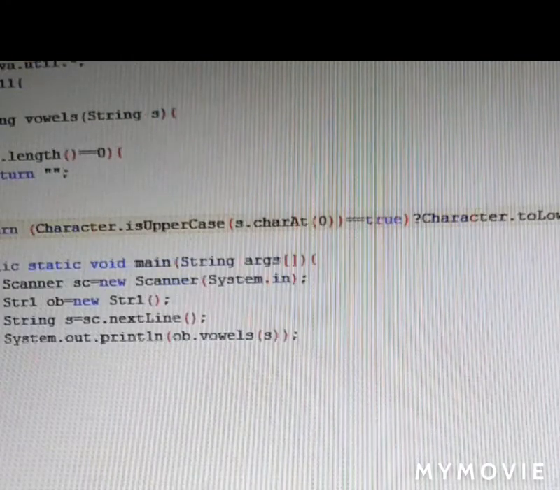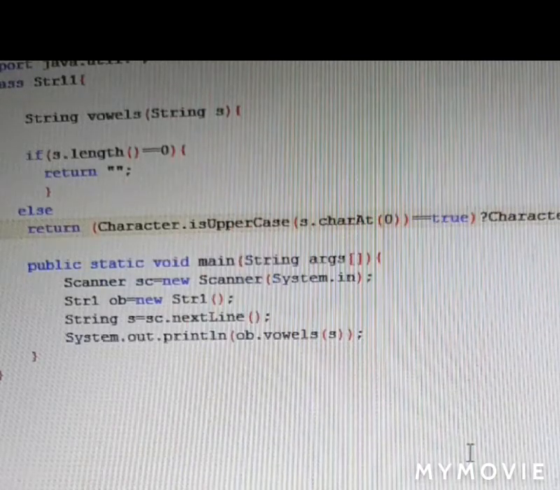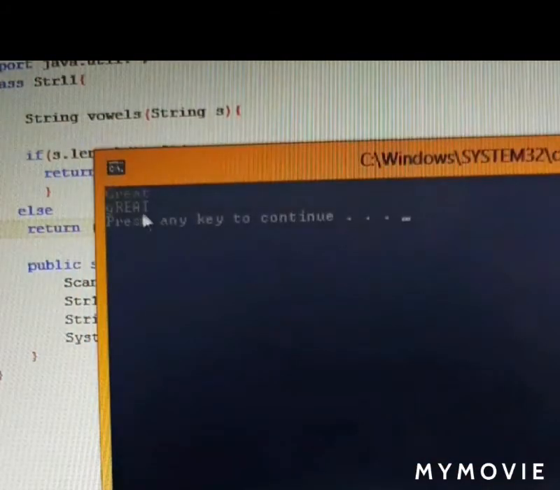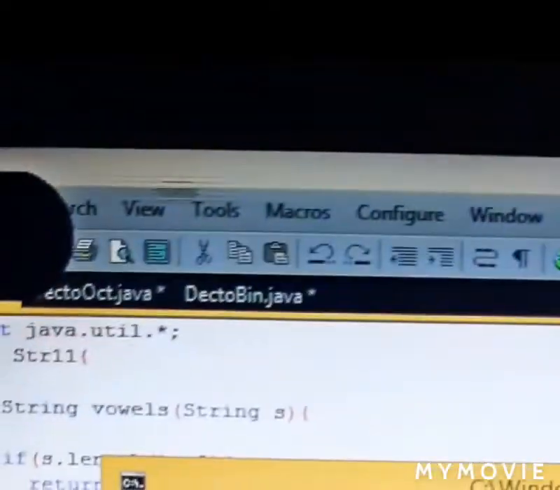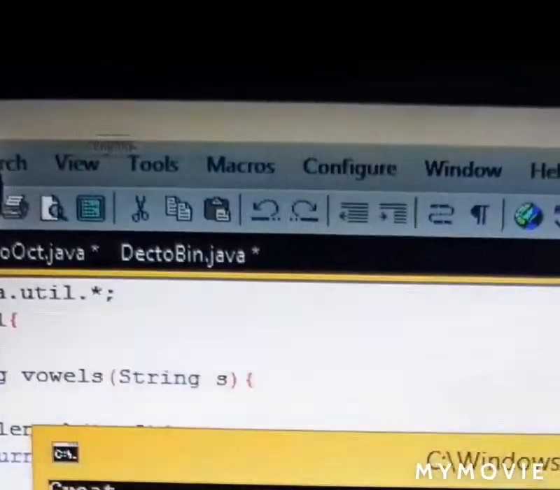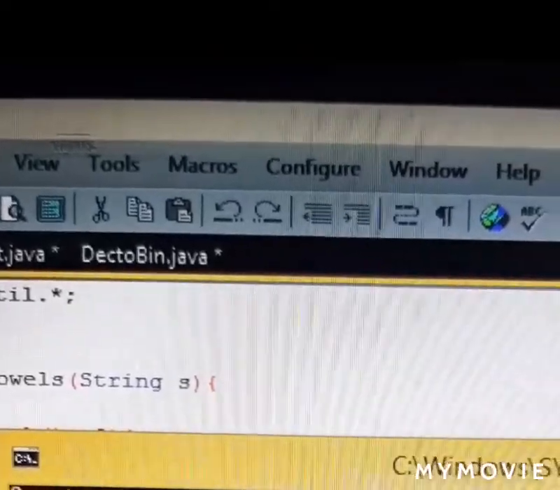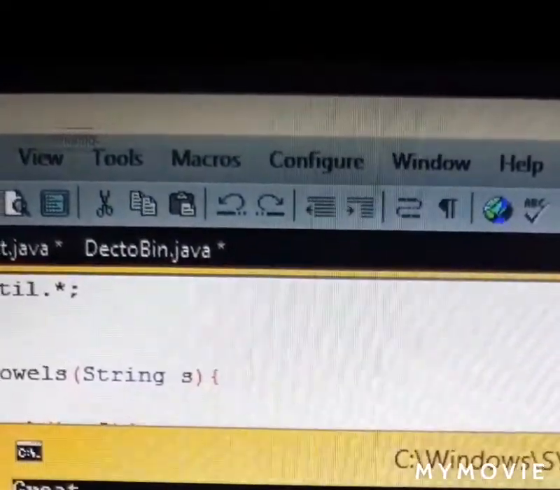So here, if I have given "great", I am getting G, which I kept in lower case, and the rest in capital letters. G was in lower case and the rest in capital letters.